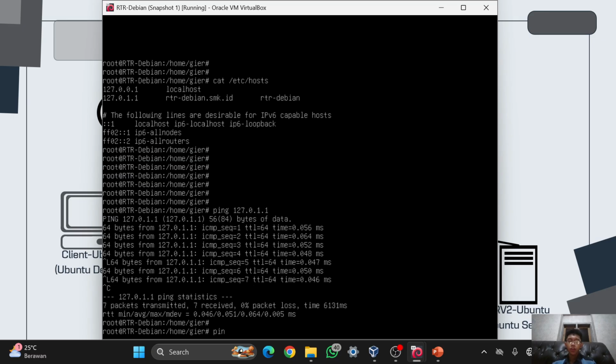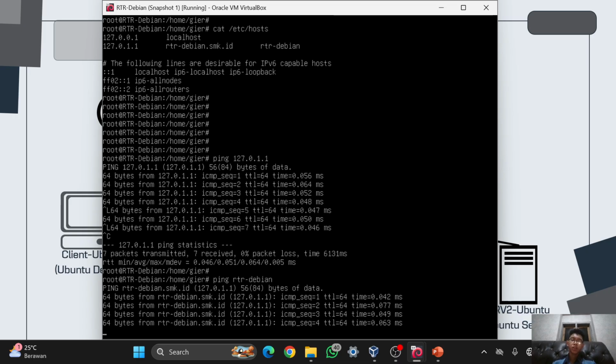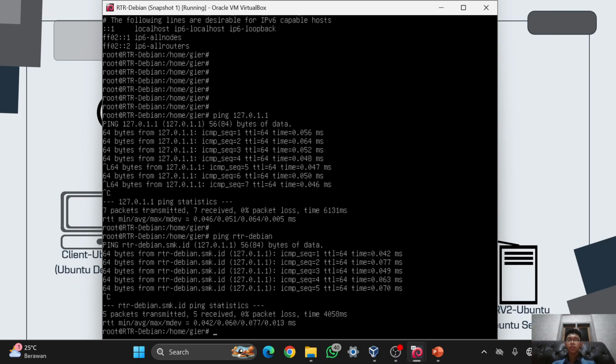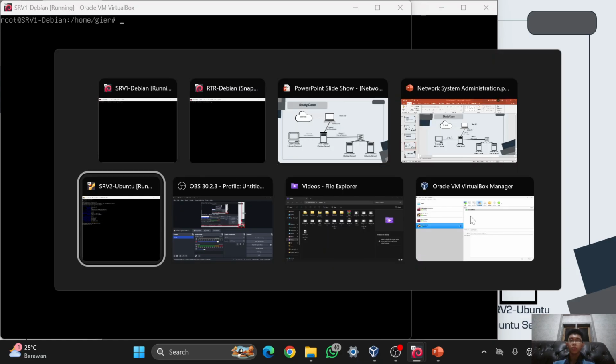And I will try to ping by the name, which is router Debian, and it should work. And as you can see, it is also working. So that is the function of the host, and I will do it again on the server 1 Debian and also server 2 Ubuntu.